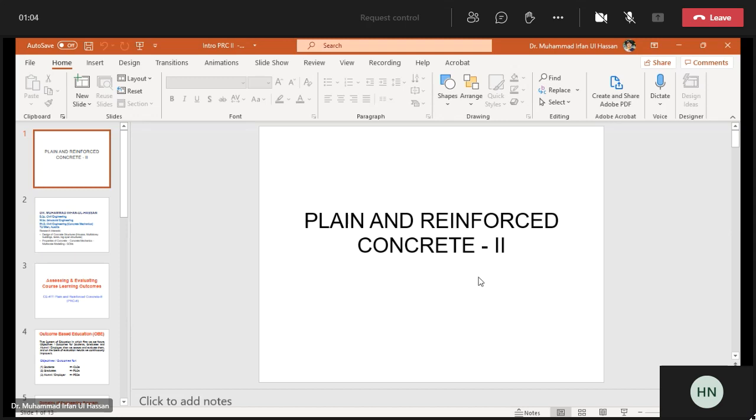Actually, you have to compute the loadings. Loading is one of the key parts that is to be computed. And after that, the analysis part and then the design part. In this subject, we are emphasizing the design part out of all, and of course, a bit of loading computation, while the analysis part you cover in other subjects. So as far as this subject is concerned,